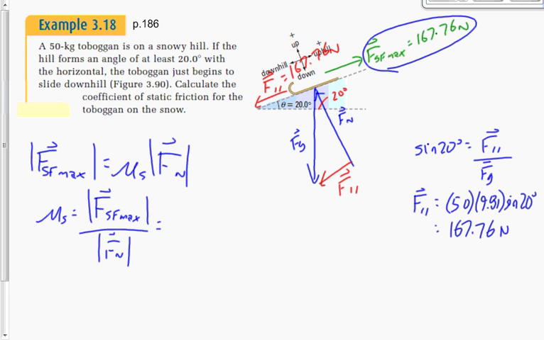So we're going to say 167.76 divided by the normal force, which would be 50 times 9.81, right? Gives me whatever. I'm not actually going to solve that because it's not right. What's wrong there? Isn't the normal force... Yeah, the normal force,